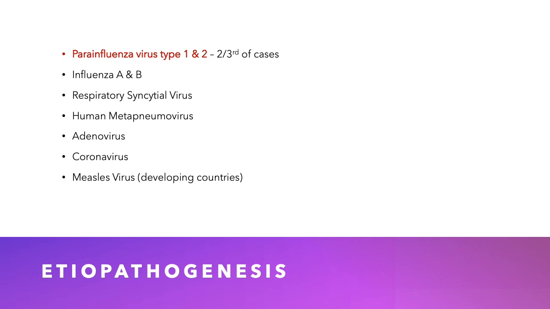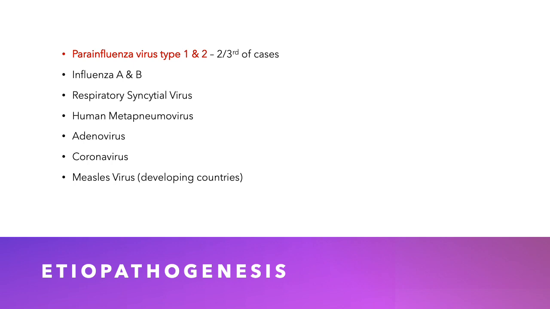Other viruses involved are human respiratory syncytial virus, human metapneumovirus, adenovirus, coronaviruses, and in developing countries, especially in malnourished children, measles virus has also been implicated as a cause of